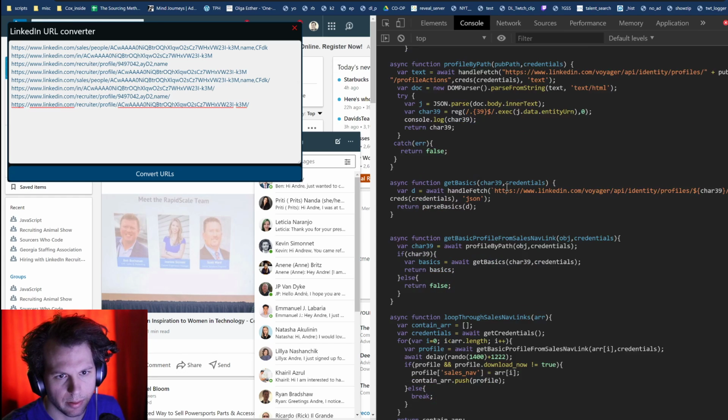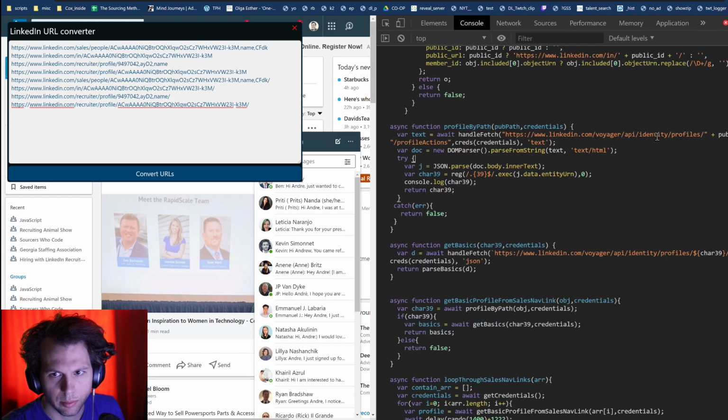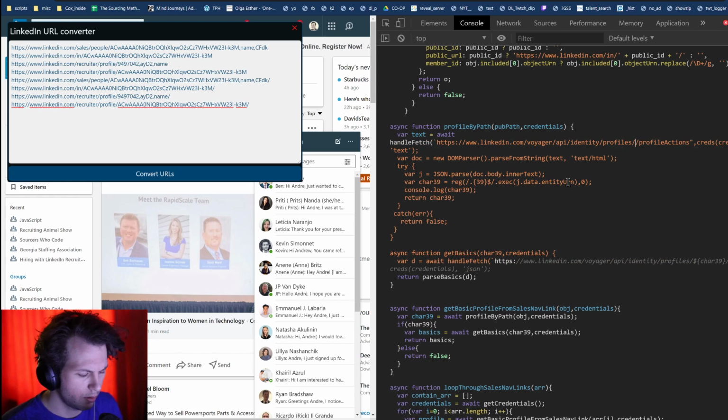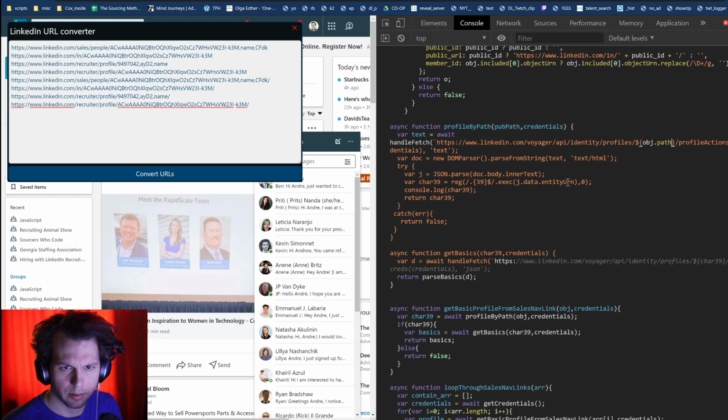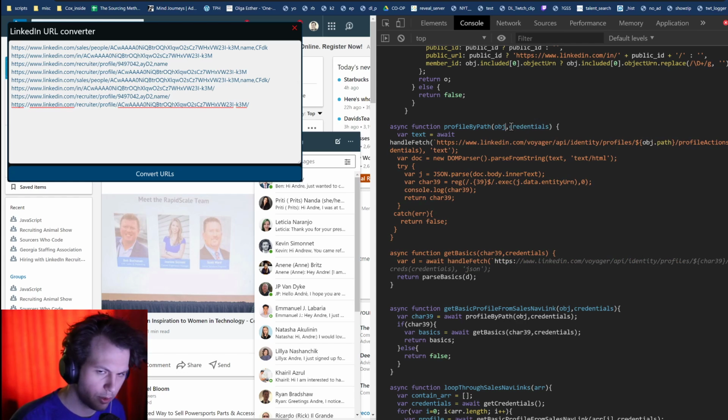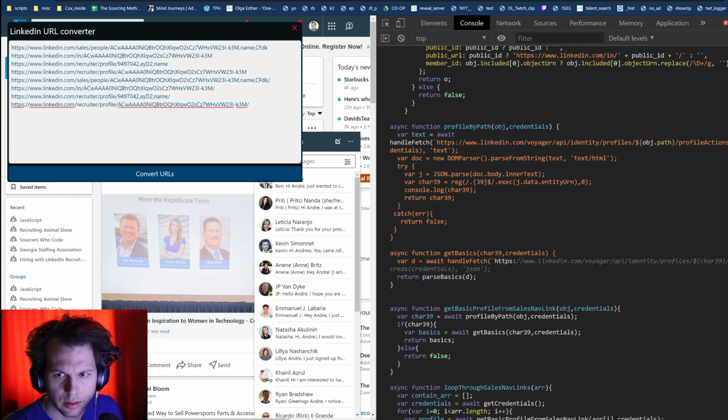Profile by path. This is no longer going to be public path, and let me change this to object.path. We'll change this to object. Change that over,